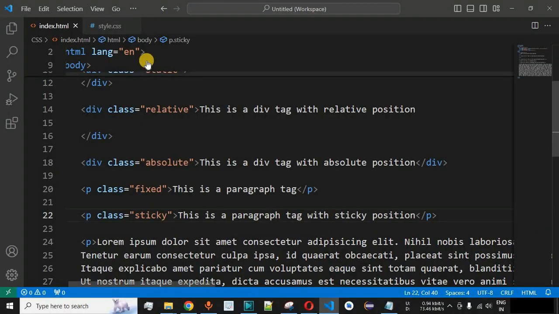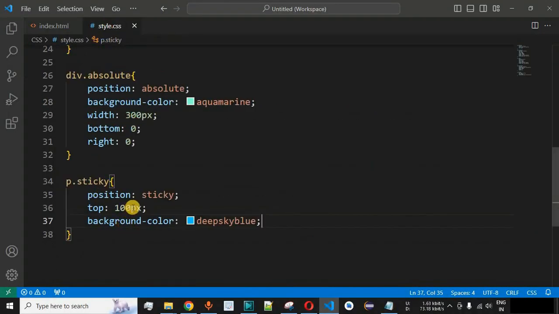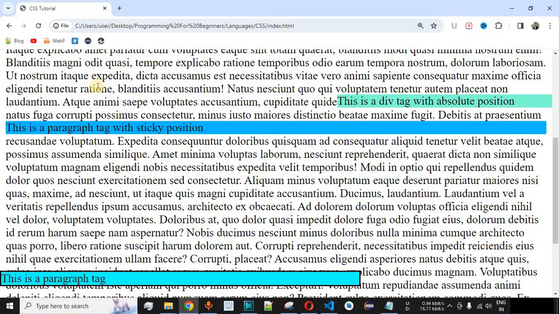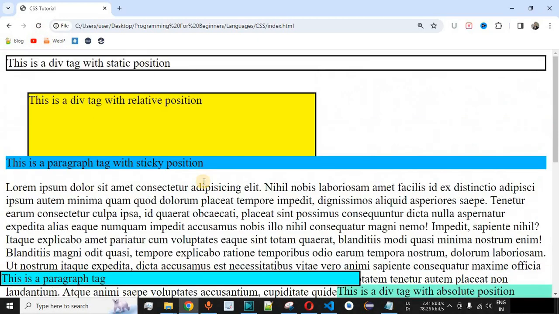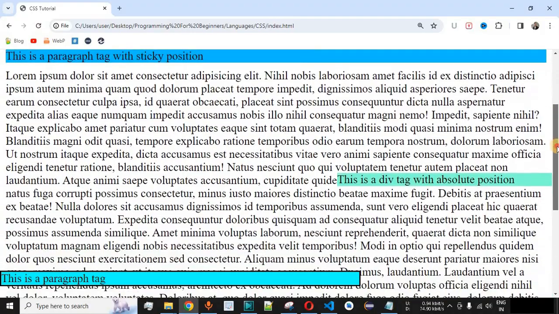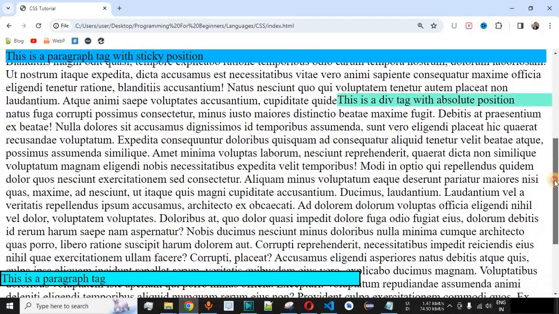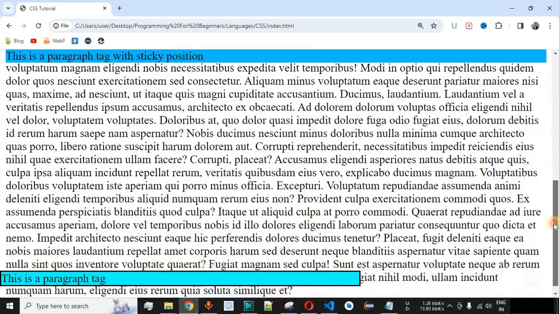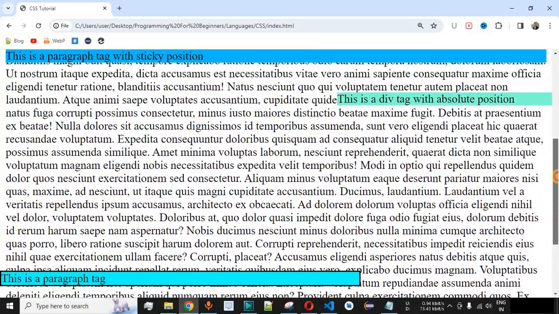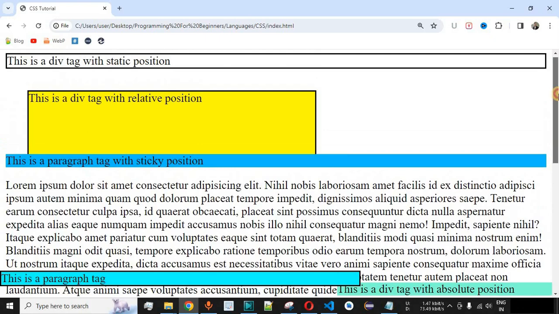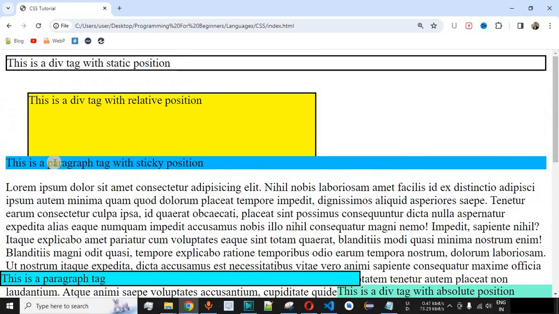Let us provide it as 0 pixels. So when we provide top as 0 pixels, let me just save this file now and try reloading this page once again in the browser. Now if you see, when we scroll down, it will go to the top of the page and then it will stick itself. So guys, this is the main functionality of the sticky position. Basically you use position equal to sticky whenever you want to fix something at the top of the page or at the bottom of the page while scrolling the web page.